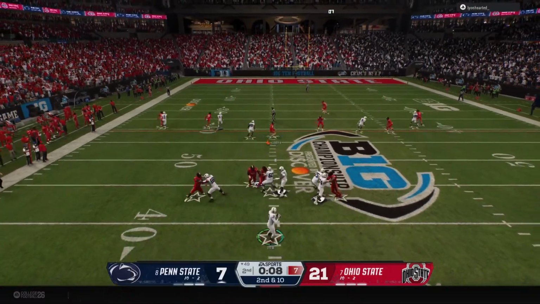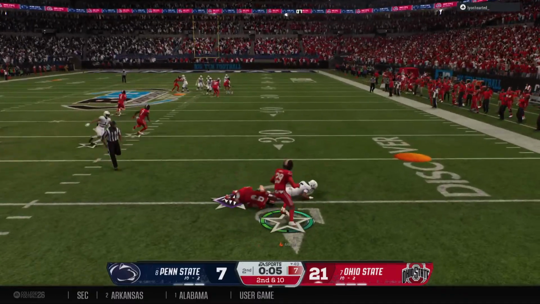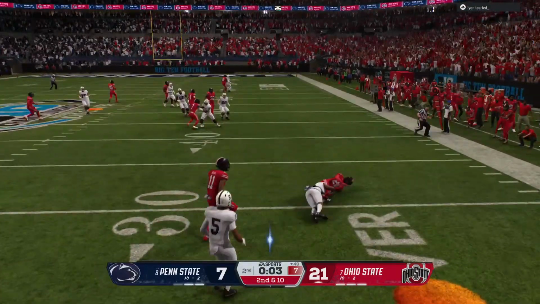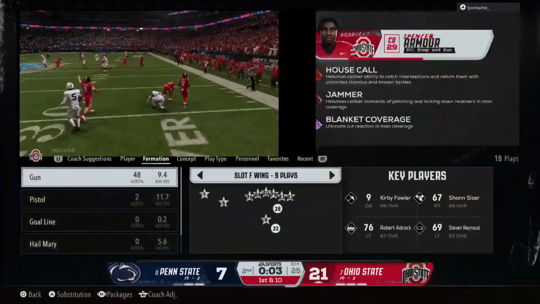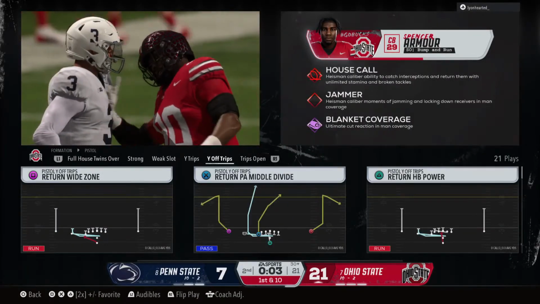They look to throw it here on second down. And he's going to take a shot down the left side. And the pass is intercepted as he throws into double coverage that time. He goes down, but they'll have a chance here now just before halftime.